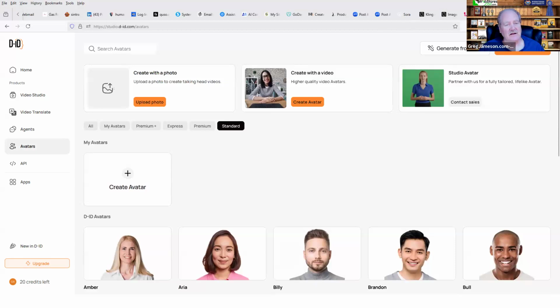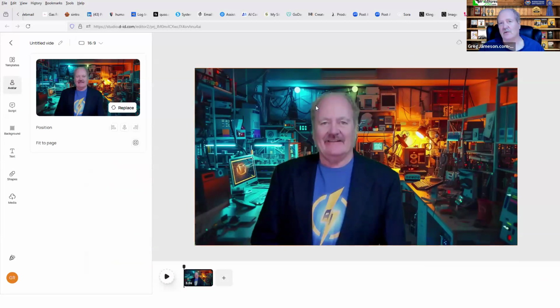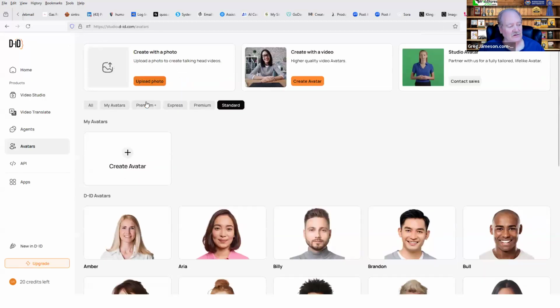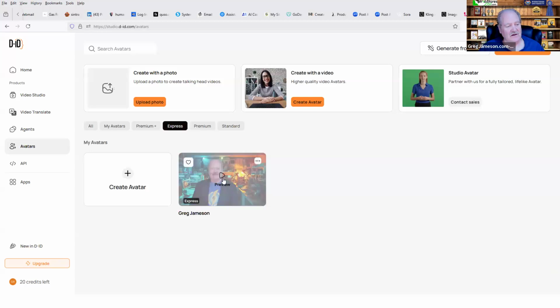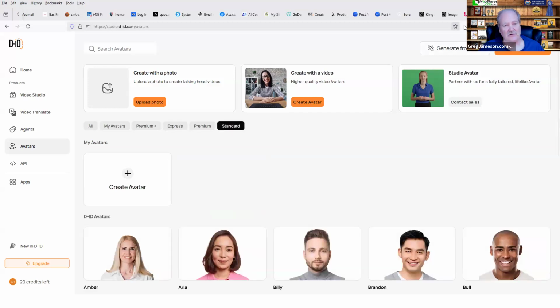Now, what I did is I cloned myself, and the way that you do this is under the avatars, you go to Express and you create an Express avatar. You have to have a paid account to do this, but it's kind of fun to be able to clone yourself as opposed to just using the standard ones.